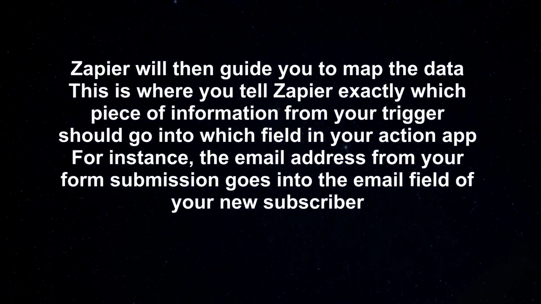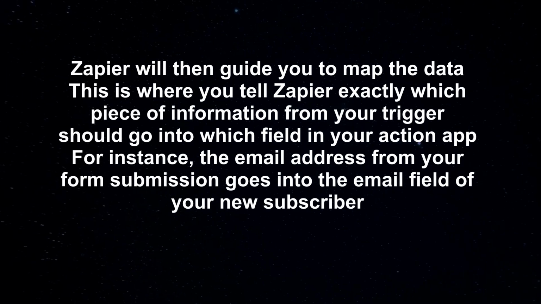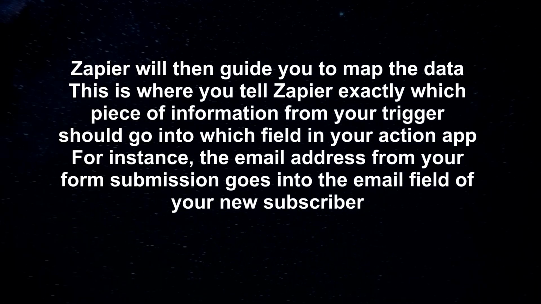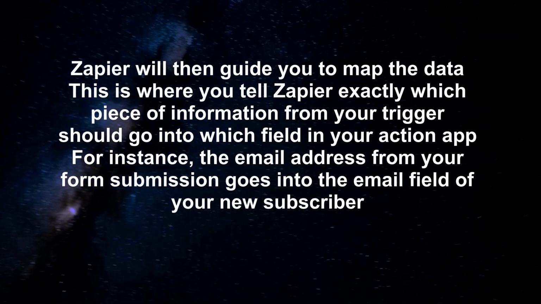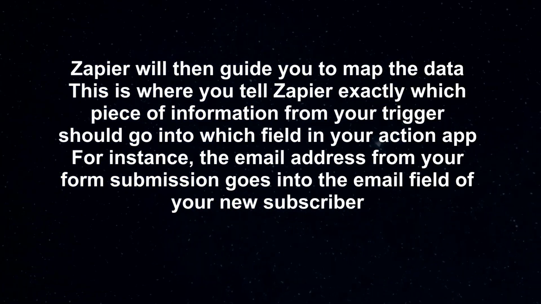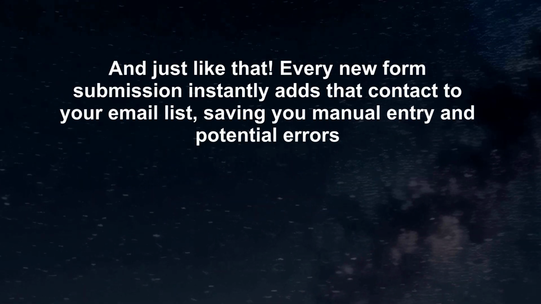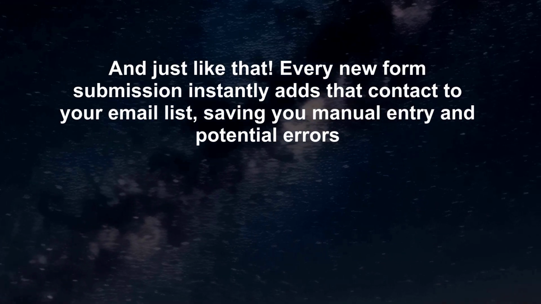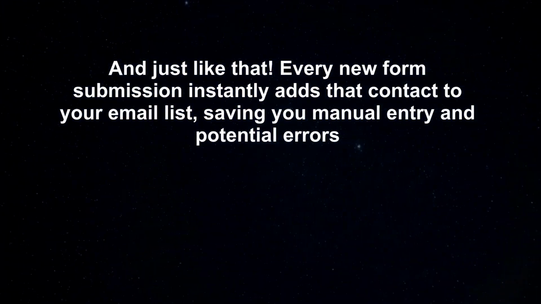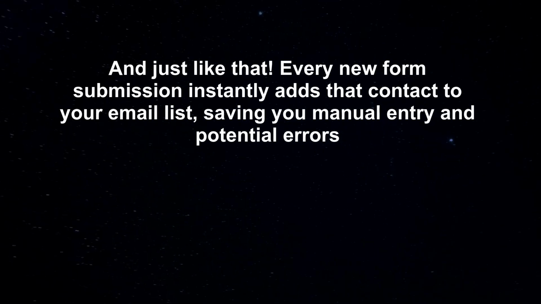This is where you tell Zapier exactly which piece of information from your trigger should go into which field in your action app. For instance, the email address from your form submission goes into the email field of your new subscriber. And just like that, every new form submission instantly adds that contact to your email list, saving you manual